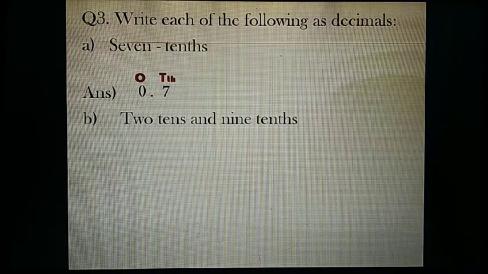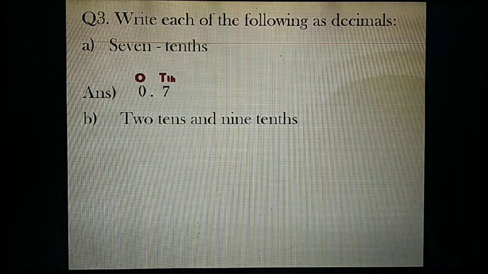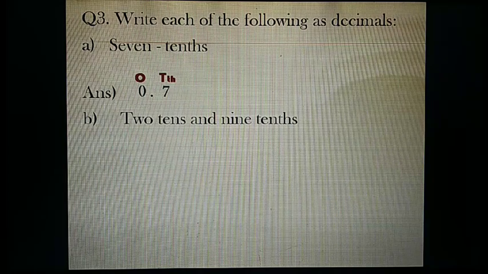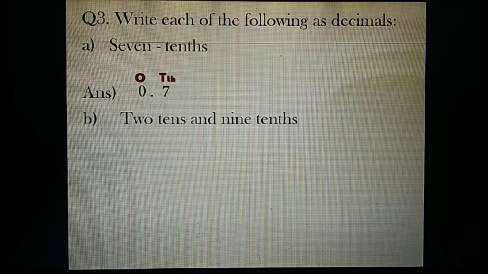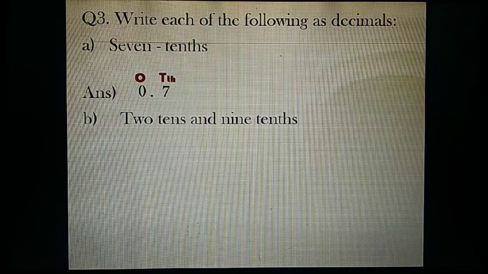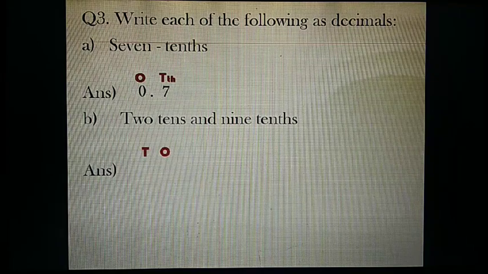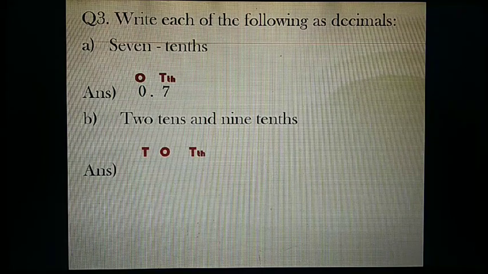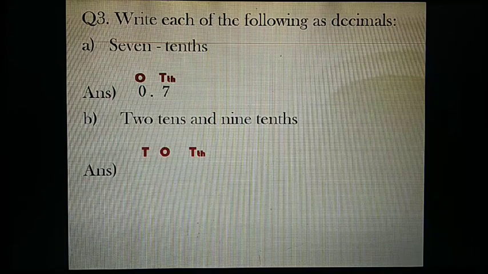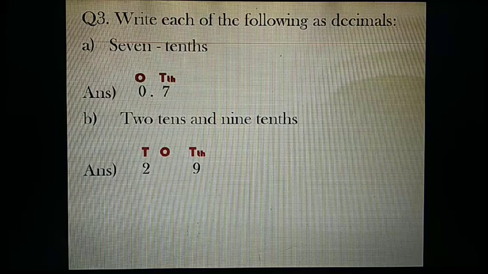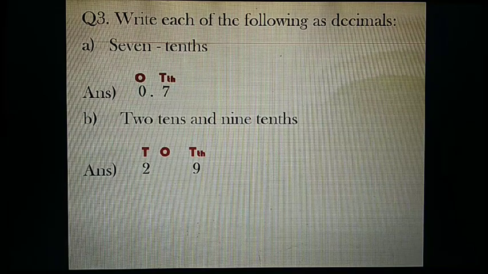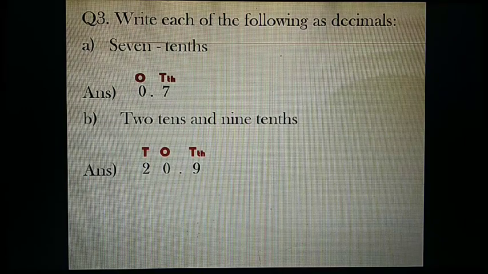Your next sum is 2/10 and 9/10. The highest place for the whole number part is tens here and decimal part is 10th. So the place value chart we will use here will be ones, tens and 10th. 2/10 means 2 is in 10th place. 9/10 means 9 is in 10th place. For the empty places, we will use 0. Point between ones and 10th place.